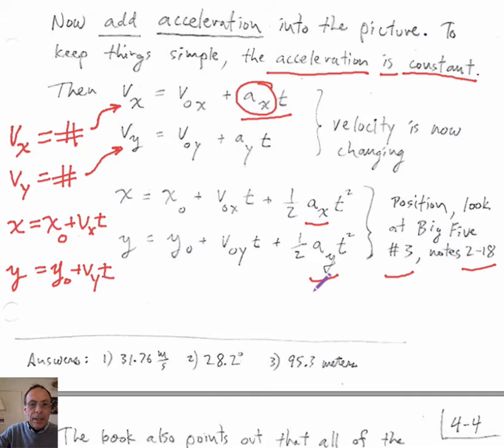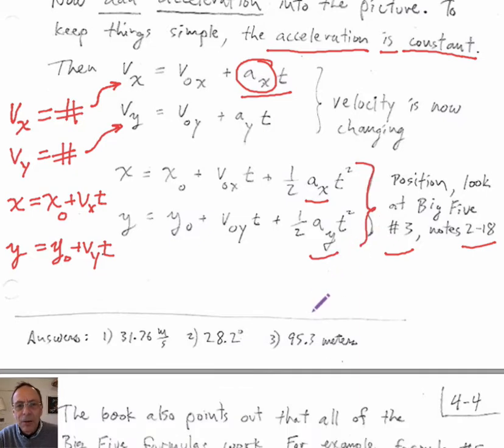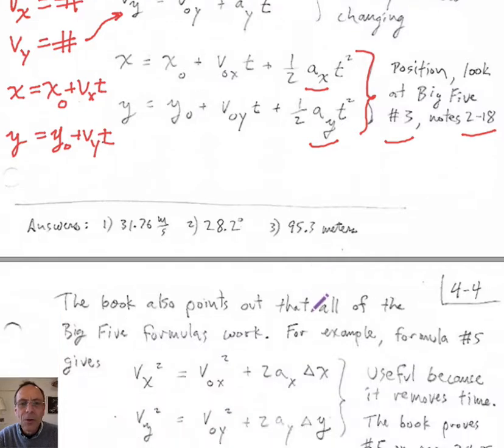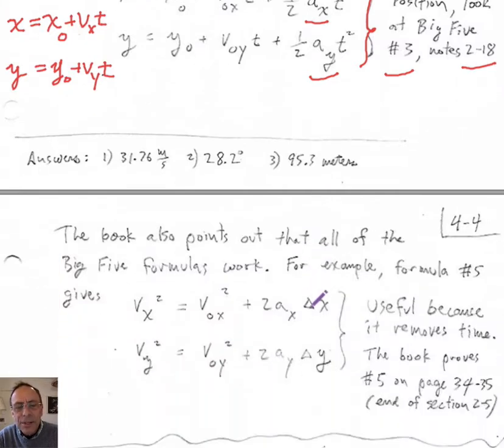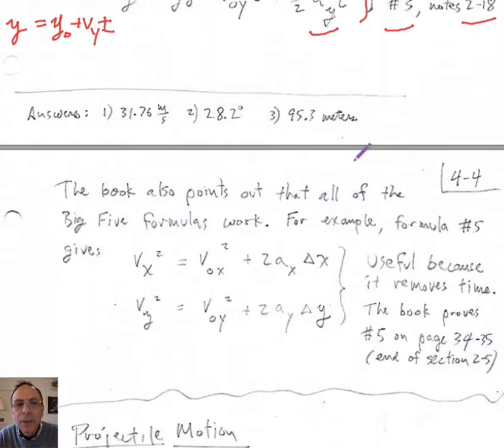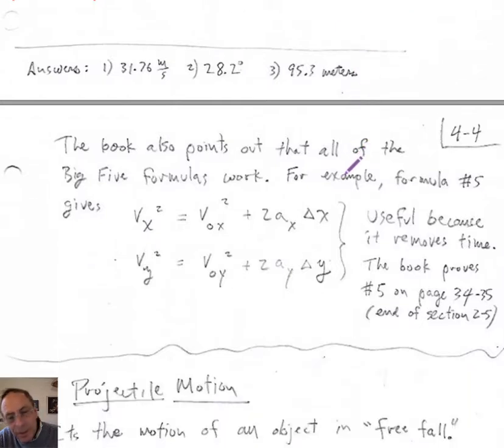Okay. Now, this formula here is going to take care of most of our homework problems and so on, but there are cases where the other big five equations are helpful, and there are going to be problems that entail using this,